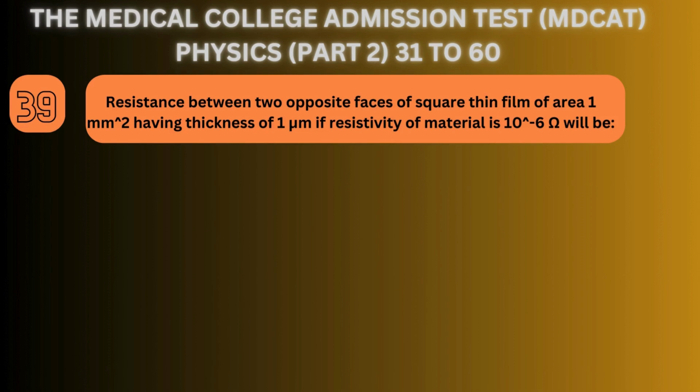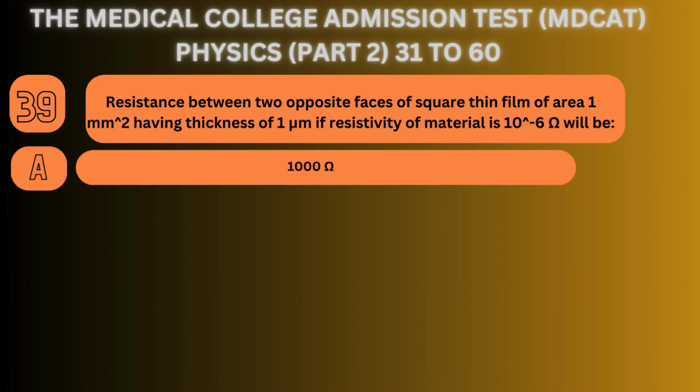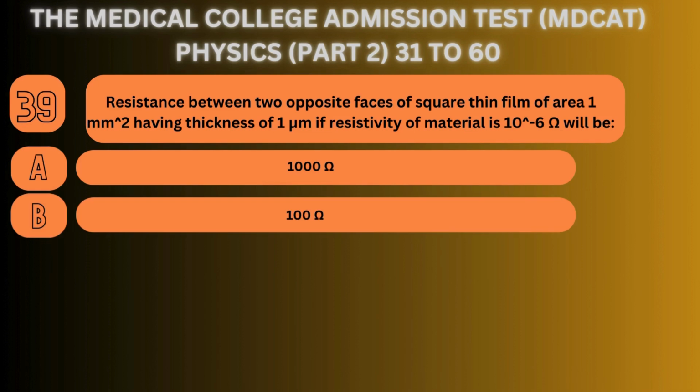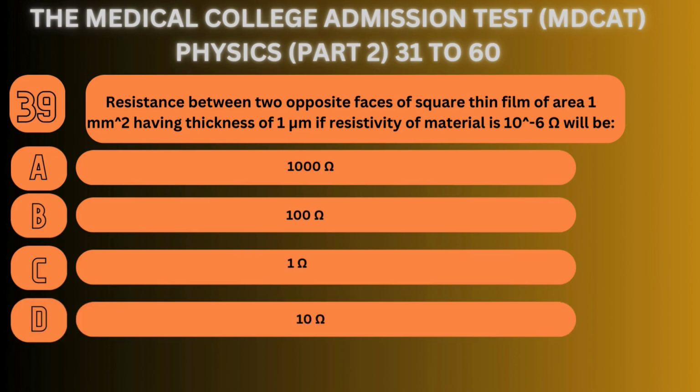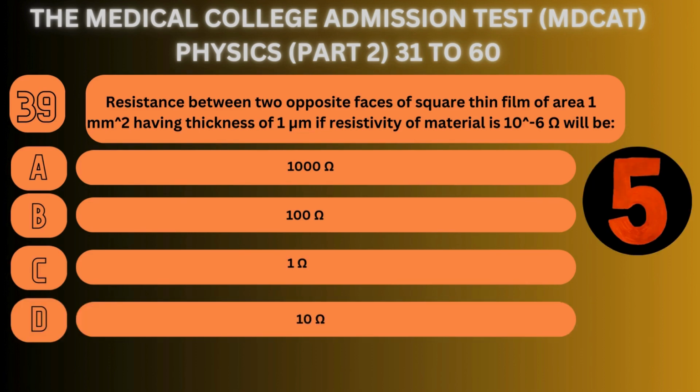Question number 37. What is the logic symbol for a NOT gate? Option A, option B, option C, option D. 5, 4, 3, 2, 1. Correct option is